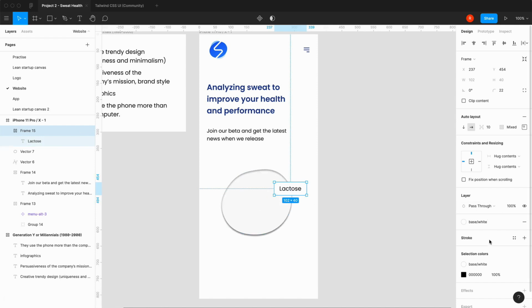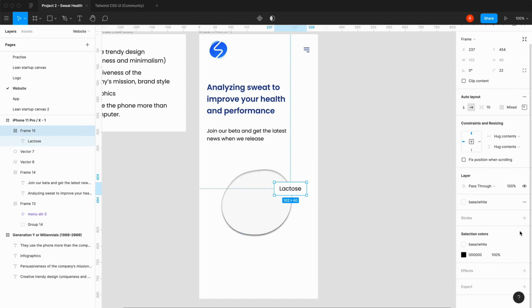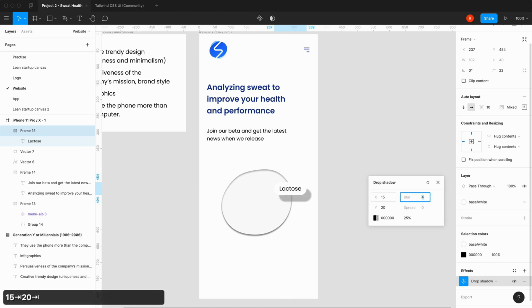Can't really see that, right? So we are then going to put another effect, and this time we're going to put a drop shadow, but we're going to make this less harsh. So we're going to try and make this appear, so let's say 15, 20, and 60. Okay, that's probably way too much. So again, I'm just messing around with numbers here. Bring that down to 15. Okay, we don't want it to be too